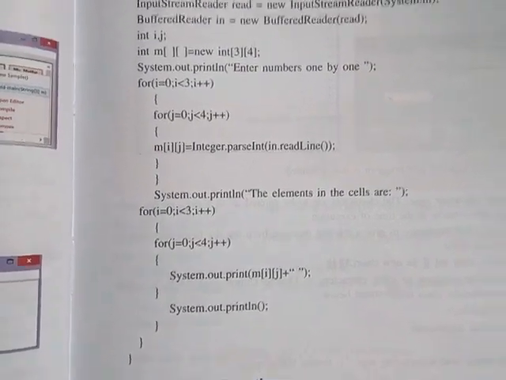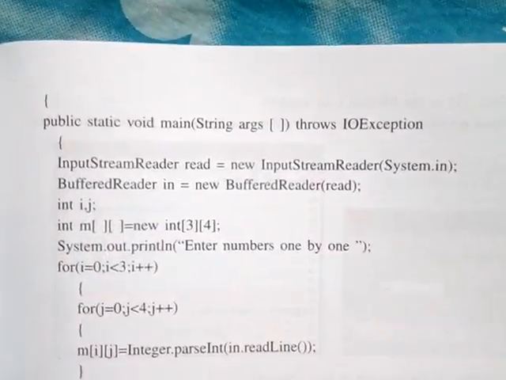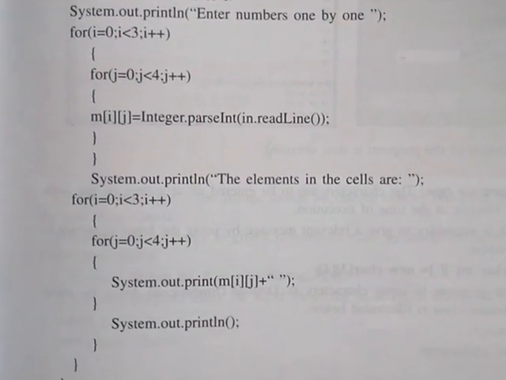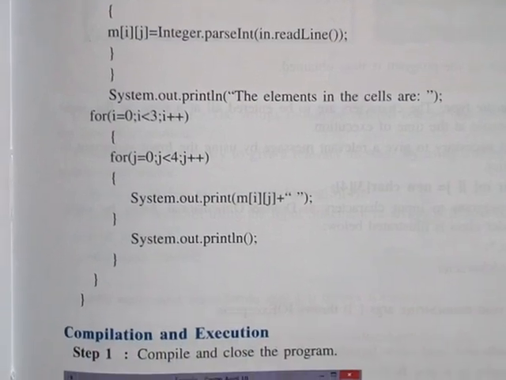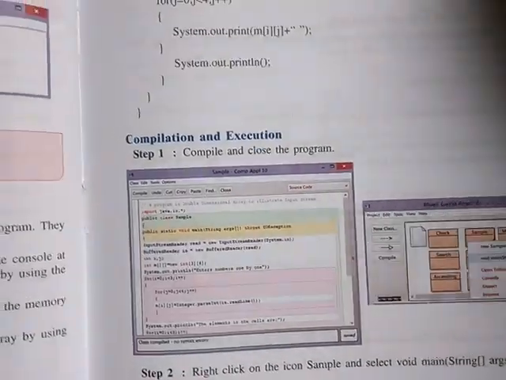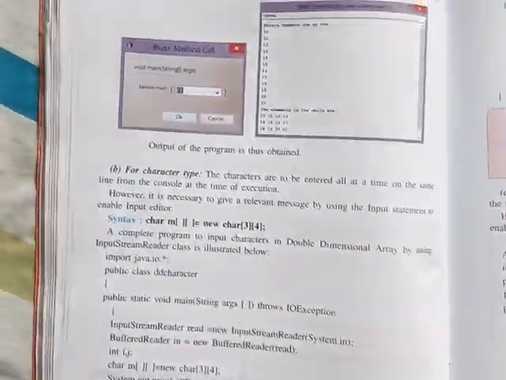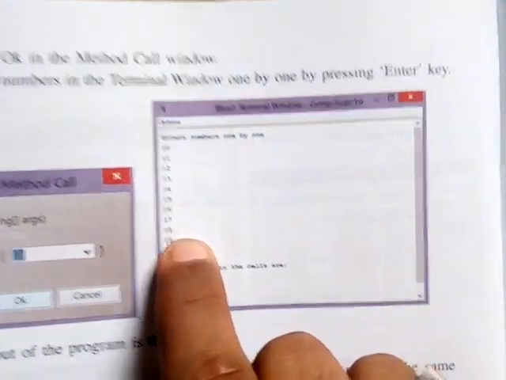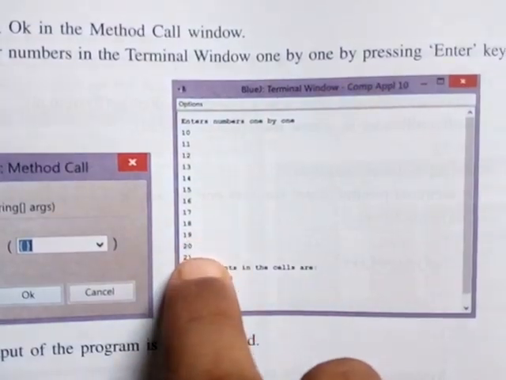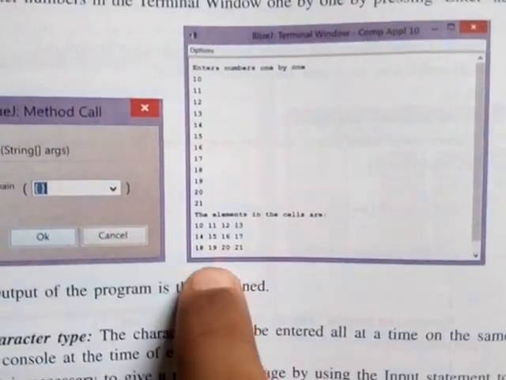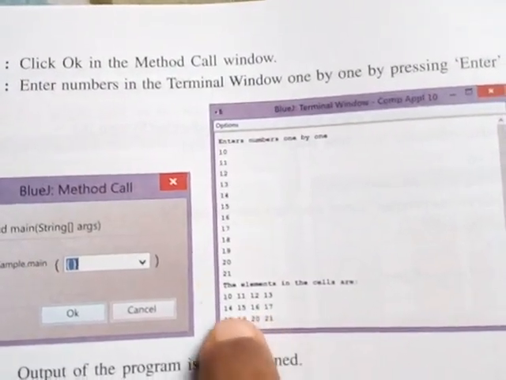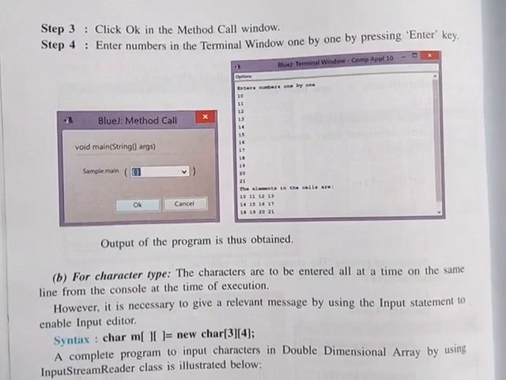So in this technique, we can enter values using the BufferedReader class. See this program and try to understand the concept, students. After compiling this program, the output will look like this. See, first the user has entered input like 10, 11, 12 in a row. Though it is not looking like a matrix, when it is printed, it will look like a matrix. Understood, students? I hope you have understood the concept of how we are going to use it.